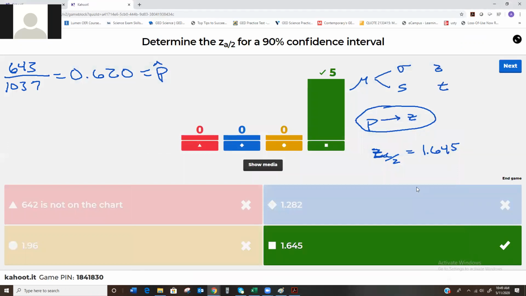Everybody good so far? On the test, are we going to have to round it to 2 decimals, or is the 3 fine? Again, I give it to you. Okay. So I think I did the 3, if I remember right. One of your 4 choices will have 1.645. So if this was the problem, so far the correct answer would have